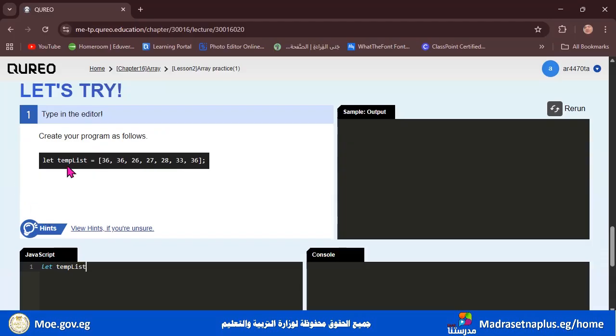And remember the L here is capital because it's temperature list. We don't put a space between the name or the different words of a variable name.